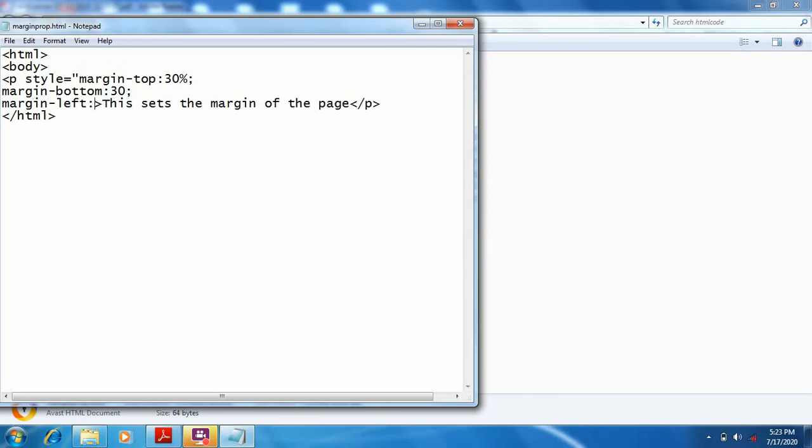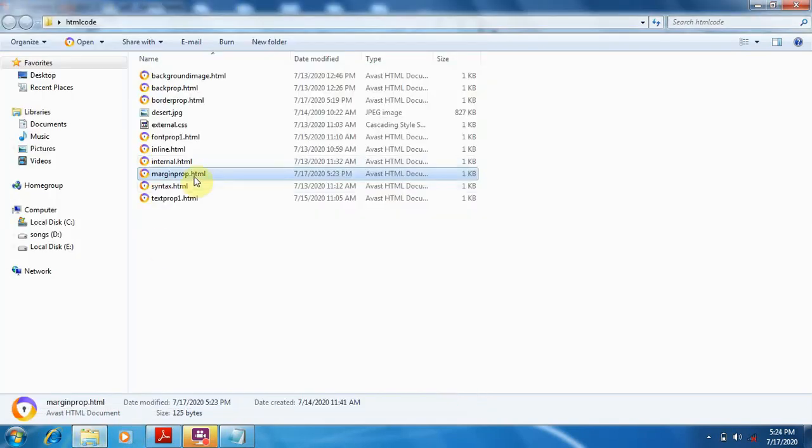Now apply colon, take any value. For example, I am taking 40%. Okay, now after that we have to close the inverted commas. Okay, save this. Now run this margin properties.